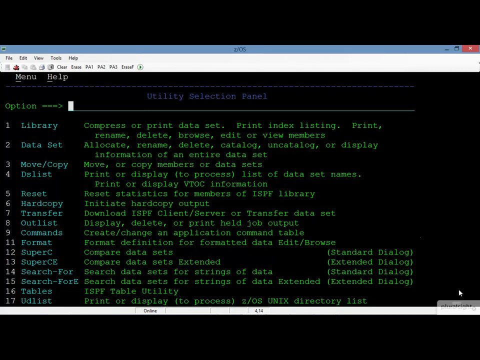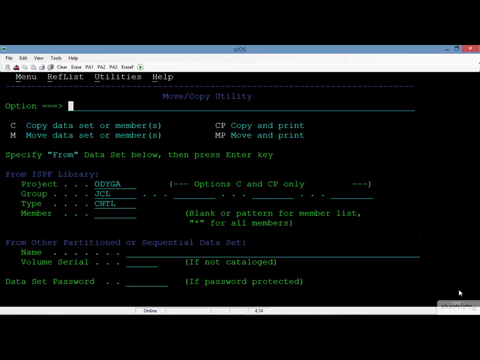Moving now to take a look at our ability to move or copy data, we can select option 3 from the Utilities menu. And in this case, you'll notice that this screen deals with the data set we are coming from. There are several things to keep in mind. A copy, of course, retains the original, whereas a move does not. Therefore, a move is considered a destructive action that results in the loss of the original when it creates the